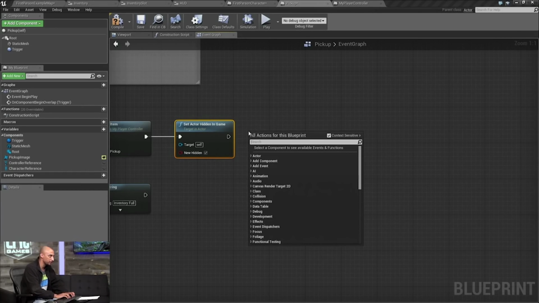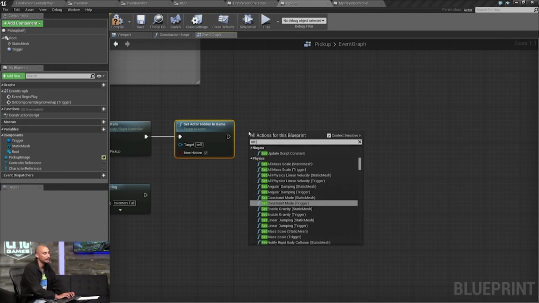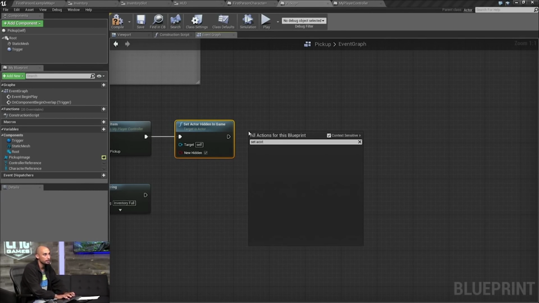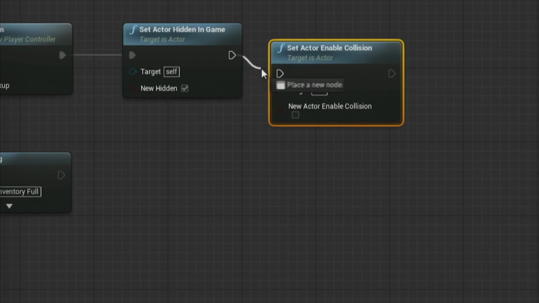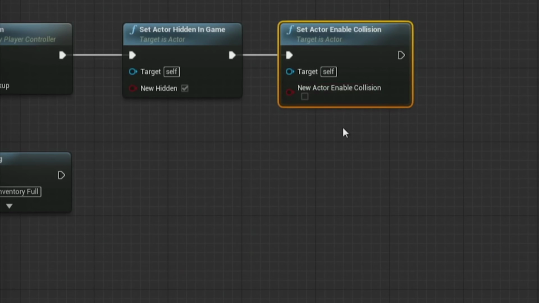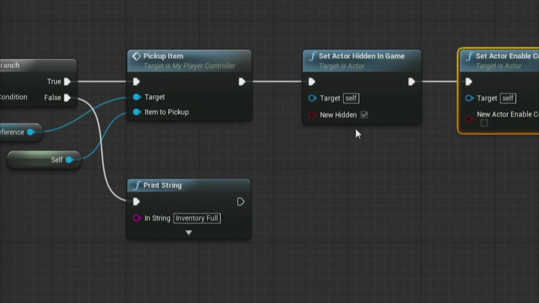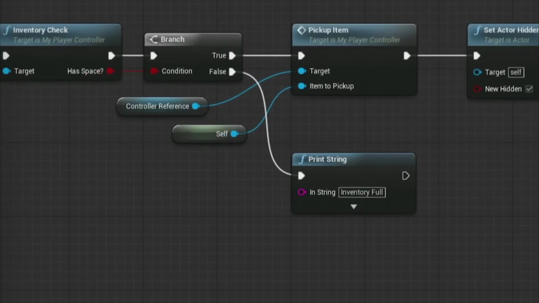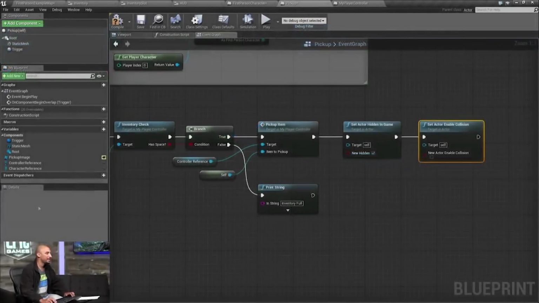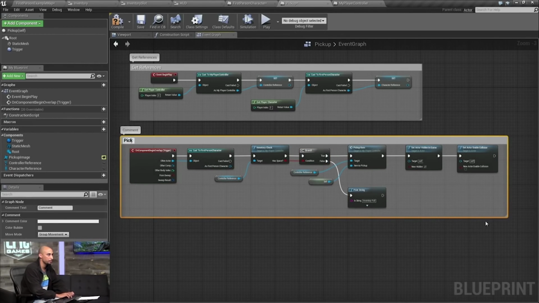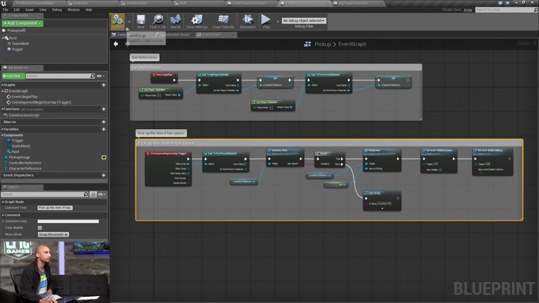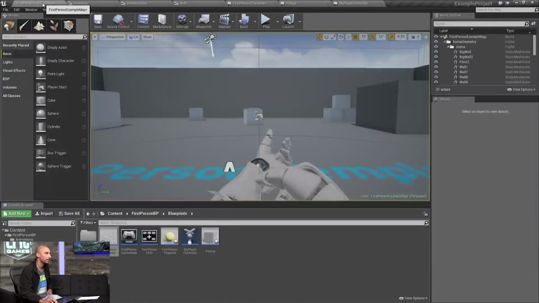Last thing that we're going to do is right click, set actor enable collision. So we're turning off collision at this point so we can no longer interact with it. So we're leaving that to the false. And we're checking hidden there. So our script for picking up the item is done. So let's just add a quick comment around this and just say pick up the item if has space, like so. Now if we compile and save